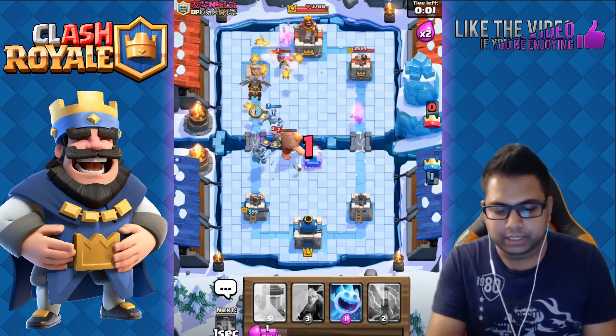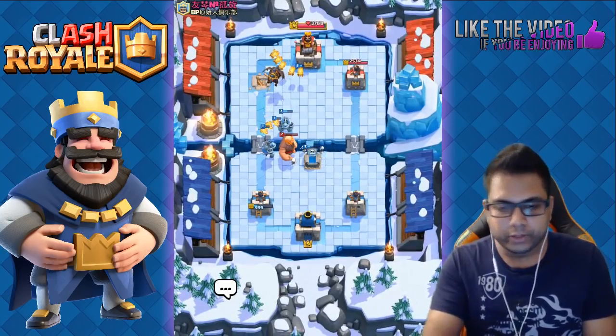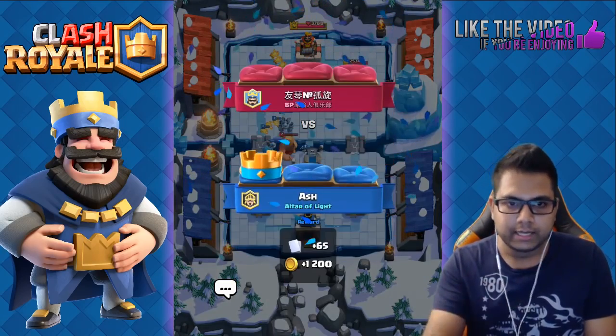And then also counter push again with the Lava Hound. But yeah, that's gonna be game. A very successful game against one of the most popular decks in the game, which is a Giant Poison beatdown